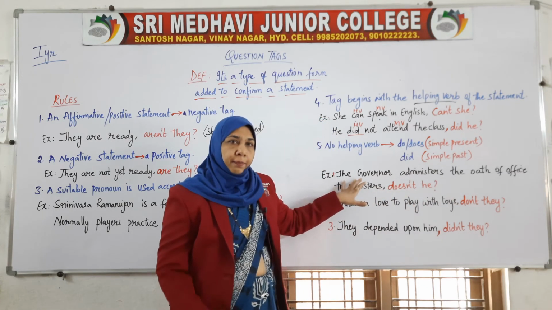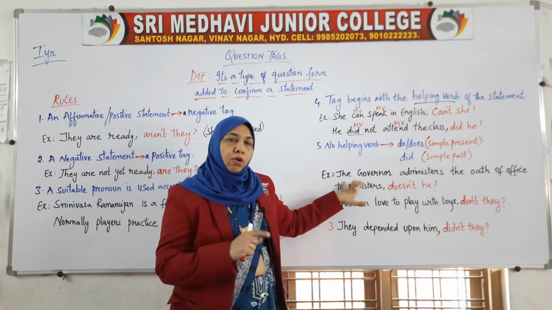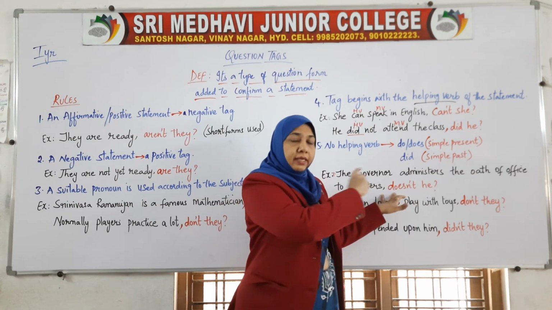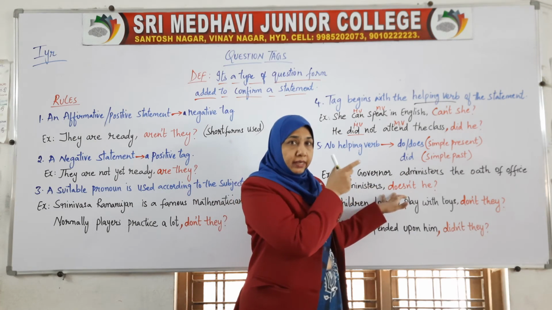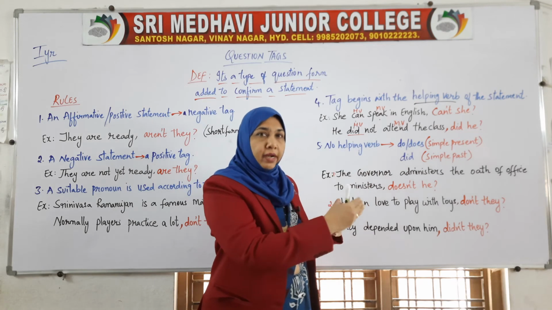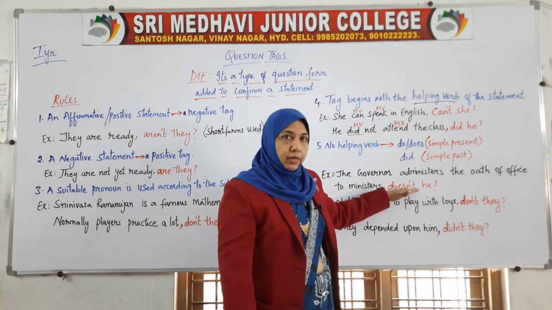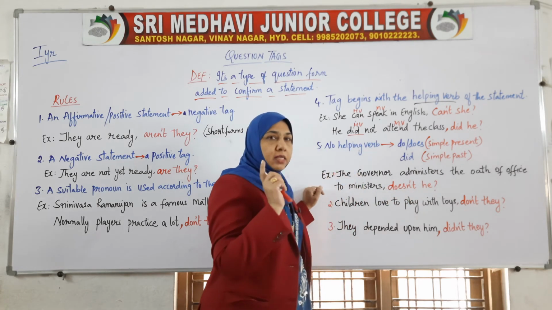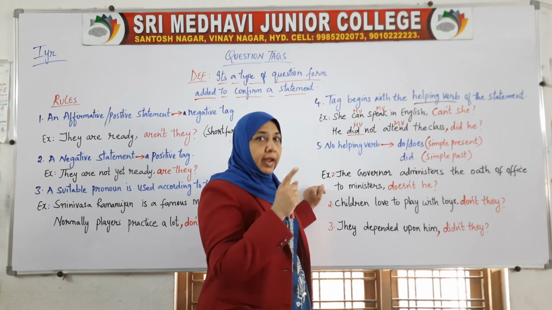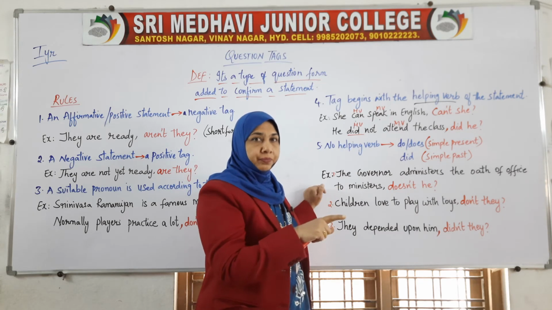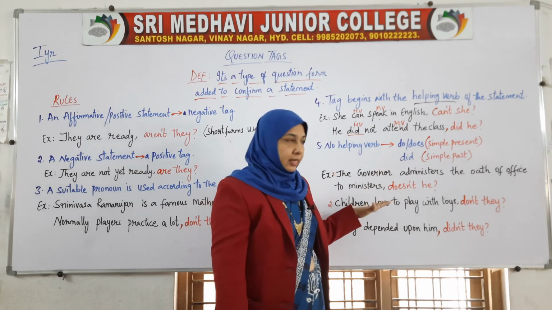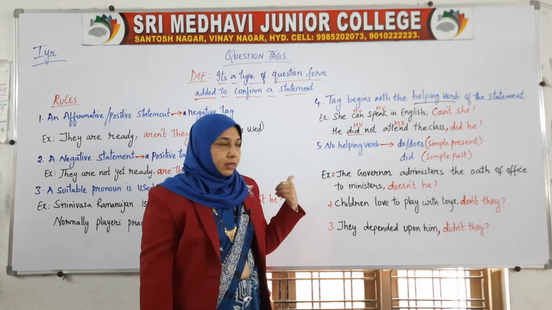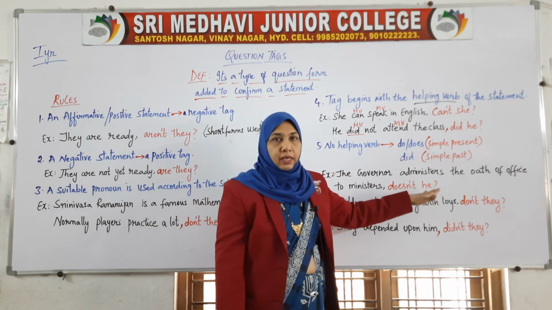Now, governor is the third person. Singular or plural? It is singular. Because the statement is in a positive format, we have to use the negative question tag: doesn't he? Doesn't, because governor is a singular third person and the whole sentence is in the simple present tense. And he, because governor here refers to a male. So that's why we are taking "doesn't he".